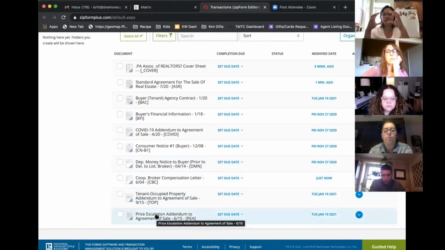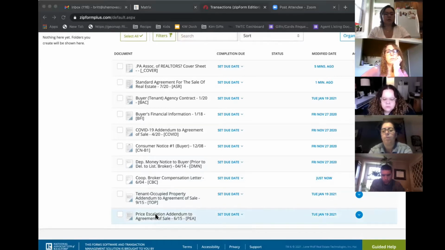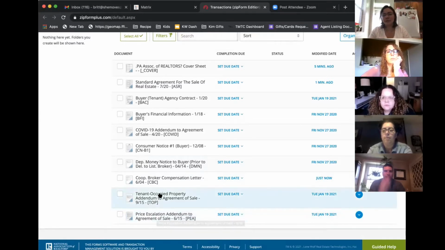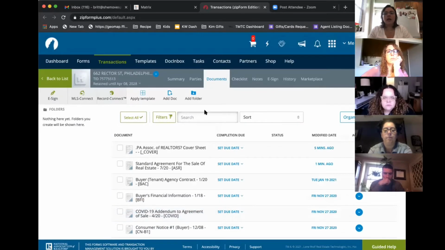You can set up different packets too. So you can set up a straight buyer one that doesn't have any of these fluff, and then you can set up ones with 10 occupied properties or whatever, or you can pull these documents in later. It doesn't matter, but these are ones that we've been using a lot recently, so I just added them. So once we have this all filled out, which really took me less than 5 minutes for the whole thing because I have my template set up, we go back